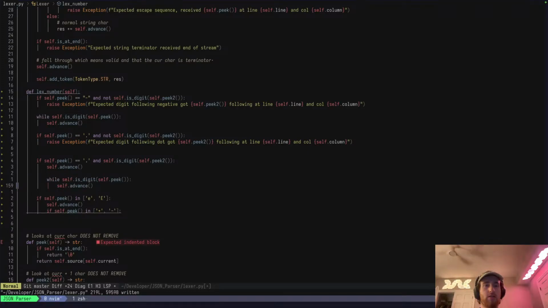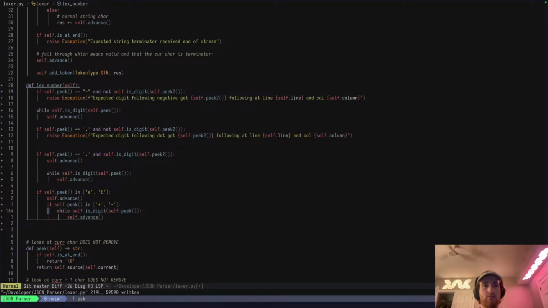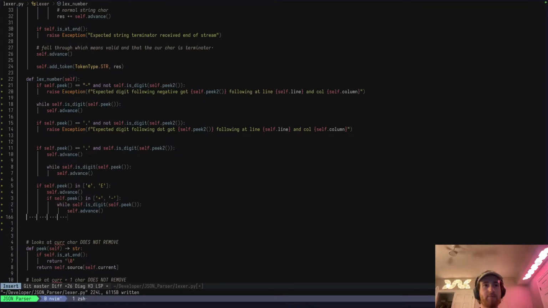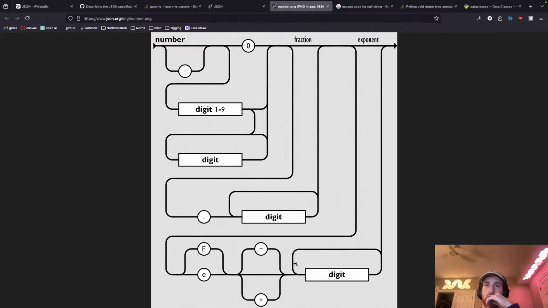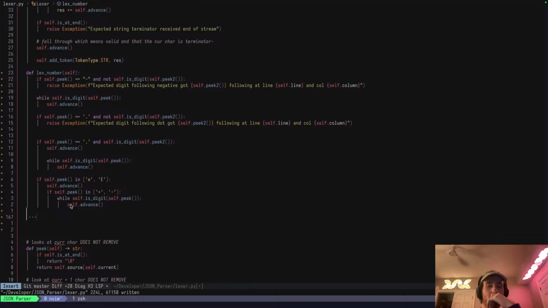Just take this thing again, push it over, and then we're done. Right? We've hit this loop, we've hit this loop, we've hit this loop. Okay. So then the result is just